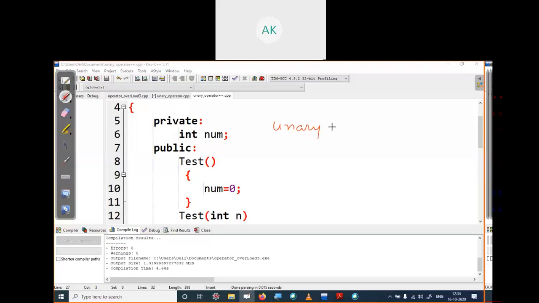We call it a unary operator when you have only one operand, like plus 10, which means the number 10 is positive, and minus 10, where the value 10 is negative. Or plus plus x, the pre-increment operator, and minus minus, the decrement.